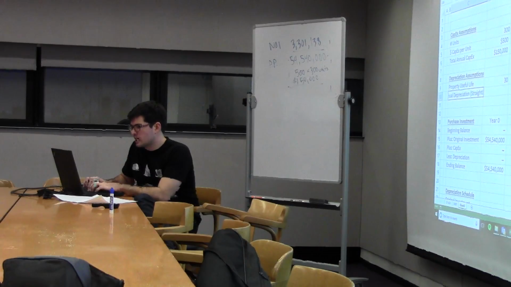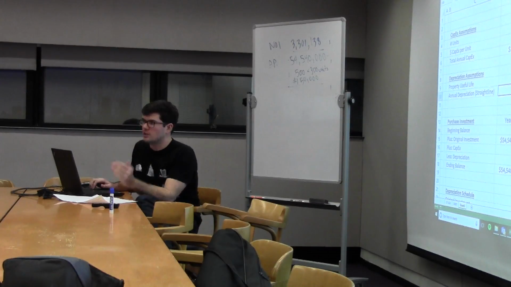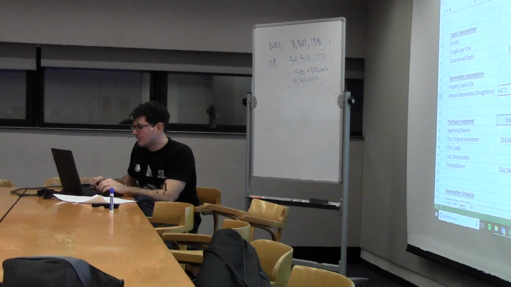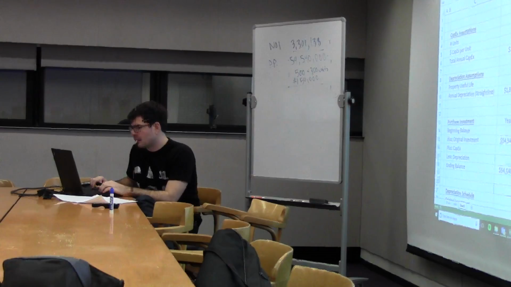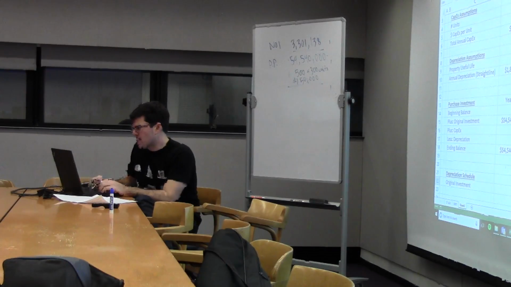So straight line just means the depreciation is the same every year. You just take the original amount, 54, and you divide by 30. There are different methods for how you depreciate things, but to make it simple, we're just going to assume every single year 1.8 million, 1.8 million, 1.8 million, right? Okay, so we've got 1.8 million